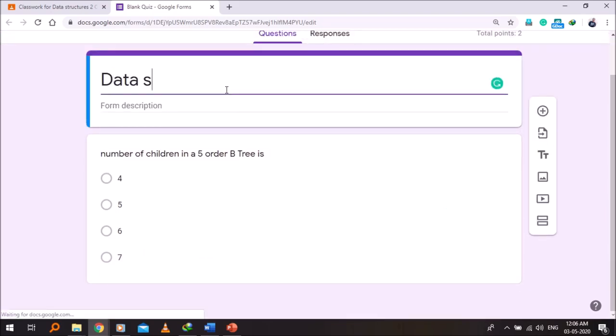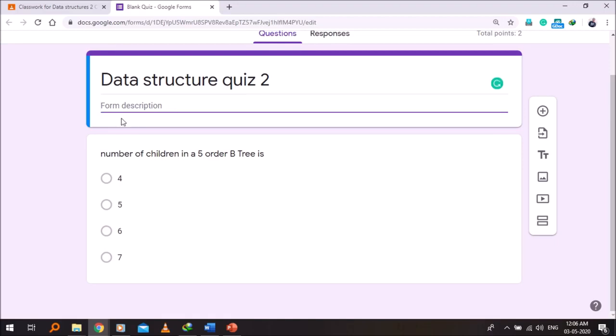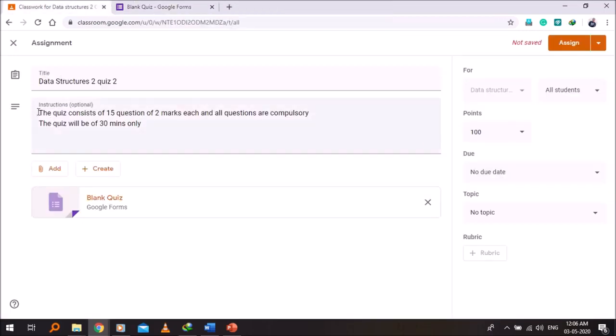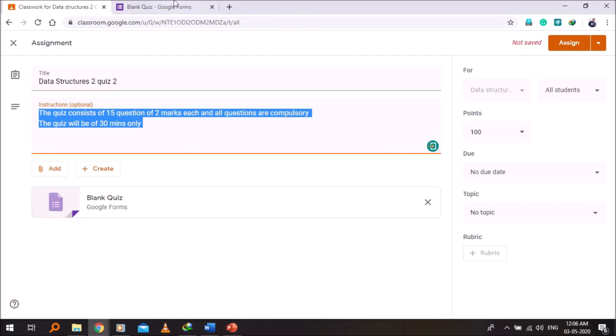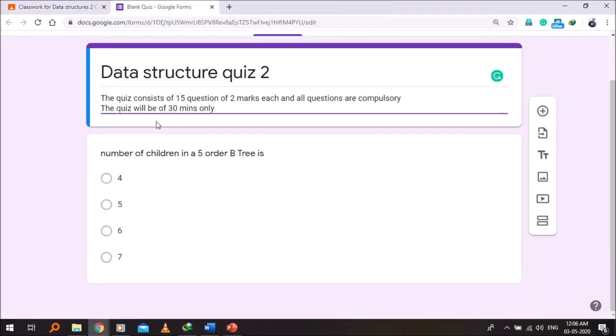and now here we can rename the quiz as Data Structure Quiz 2, and here we can give a short description like we already did in the assignment. Put the same in this,